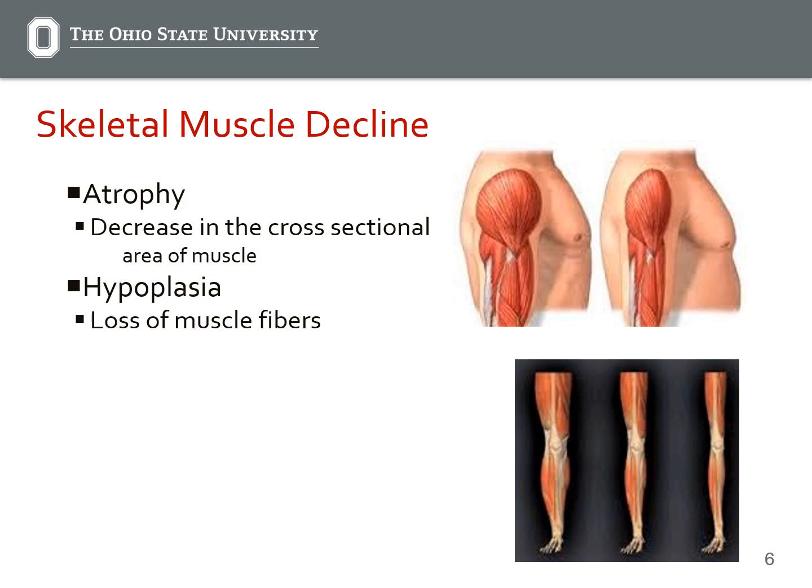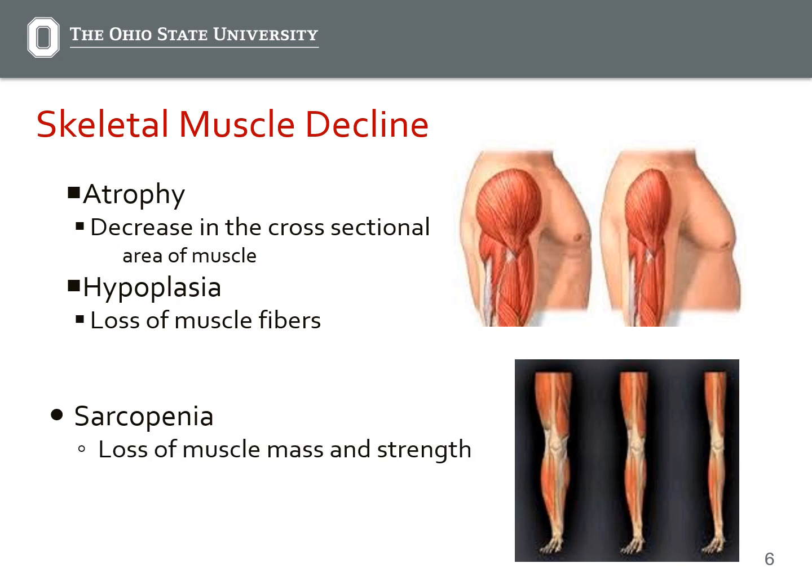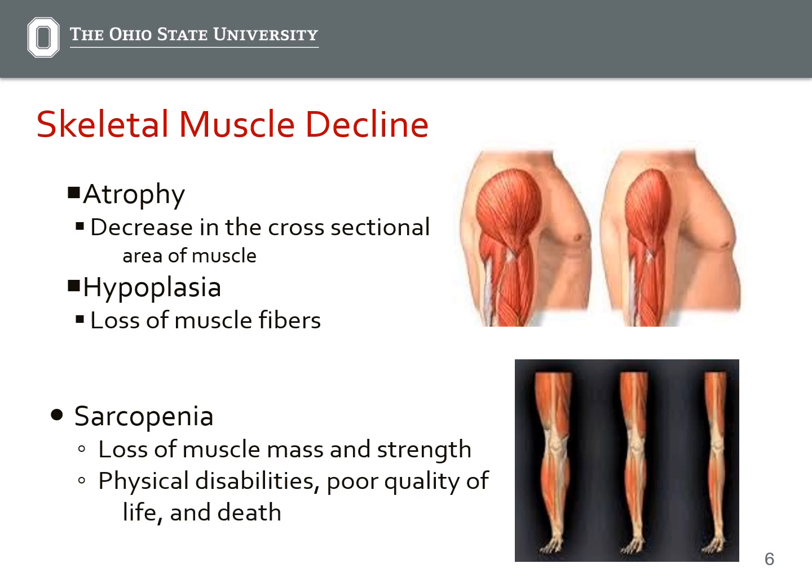So the fibers themselves are getting smaller, but after time, you're going to start to lose some of those muscle fibers themselves. Eventually, this is, I think, what we talk about in obesity populations and the older adult population, this term being sarcopenia, which is going to be that loss of muscle mass and eventually strength. So it's physical disabilities, poor quality of life,